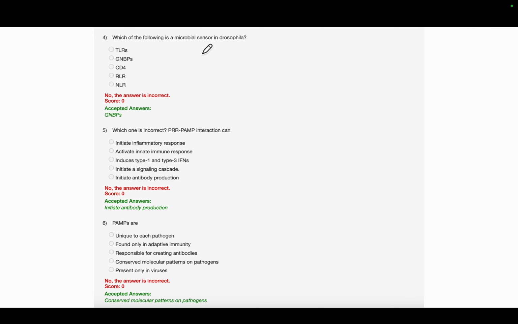Which of the following is a microbial sensor in Drosophila? We have read about it. Option 1 TLRs, GNBPs, CD4, RLR and NLR. We have read that we can see toll-like receptors in Drosophila, but here specifically the microbial sensor in Drosophila is given as GNBPs. Let us look into this